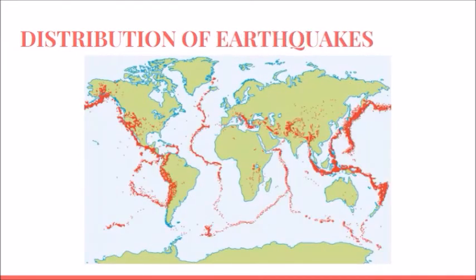Okay, so now we are going to see the distribution of earthquakes, that you can realize that the little spots that represent earthquakes form the shape of the plate boundaries. This is the African plate, and the shape that the earthquakes have created is very similar to the real one. And here the Pacific plate, and in the boundaries of the